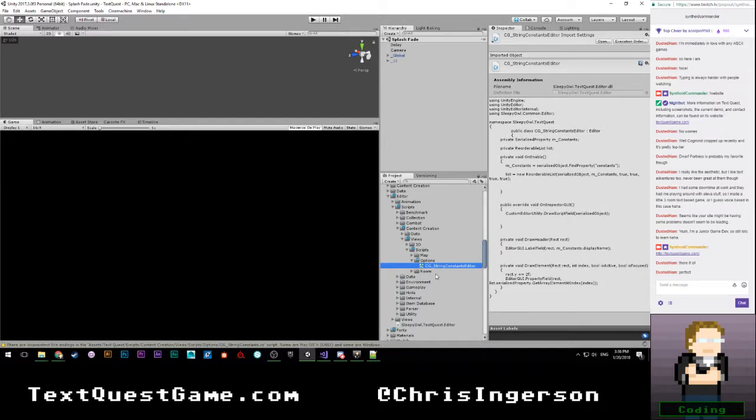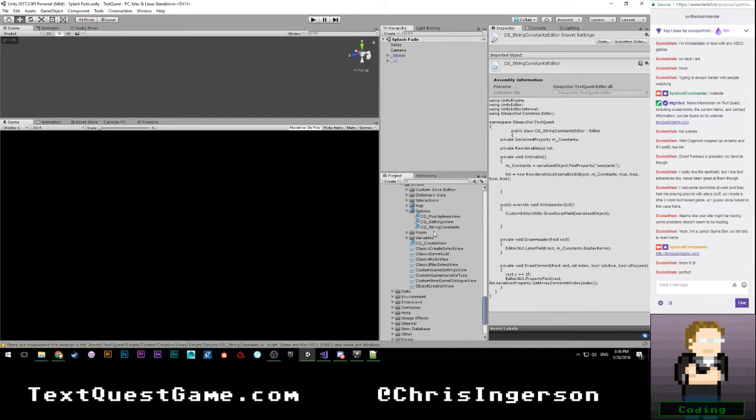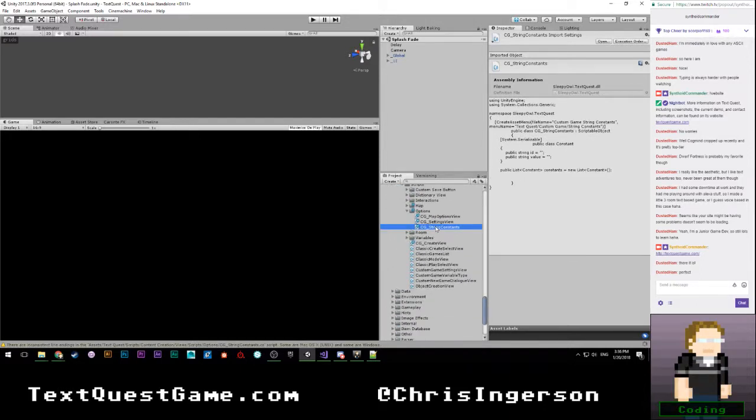I think I'm going to end up moving... Let's see, where is it? String constants. I'm going to move this constant class into its own script, because I have to have a custom editor for it, and I really don't like having editor scripts within editor scripts. That gets really messy. So I guess we'll go ahead and define that as a CG underscore string constant.